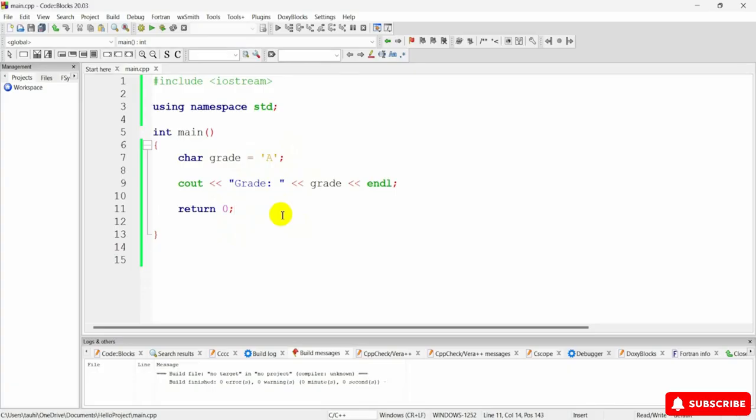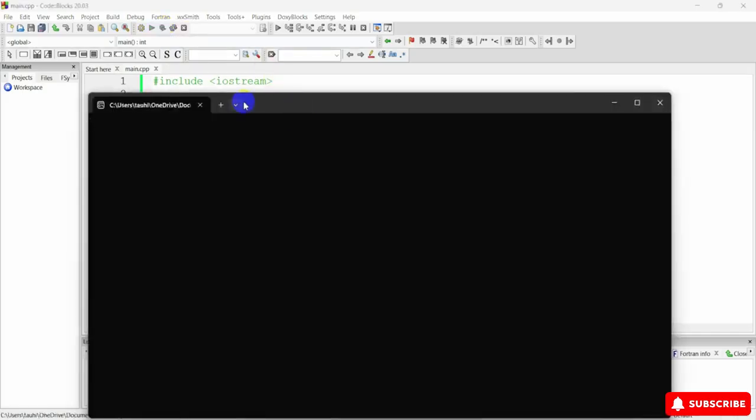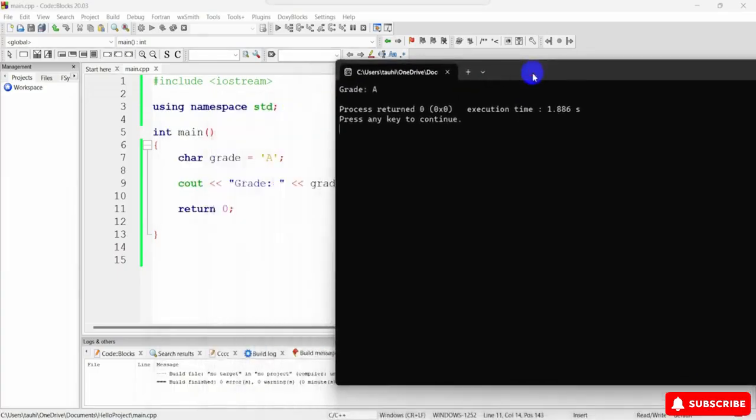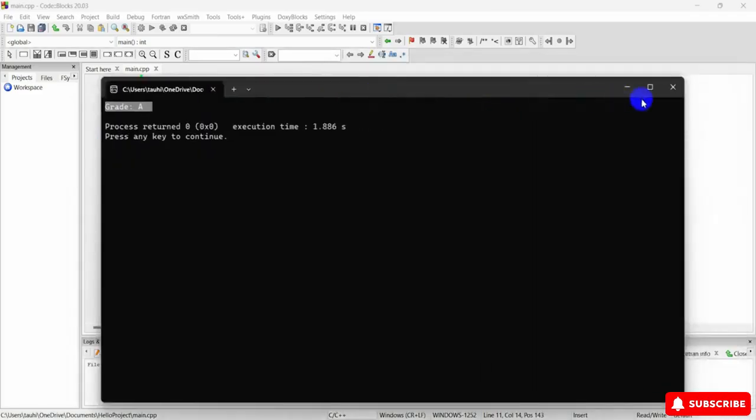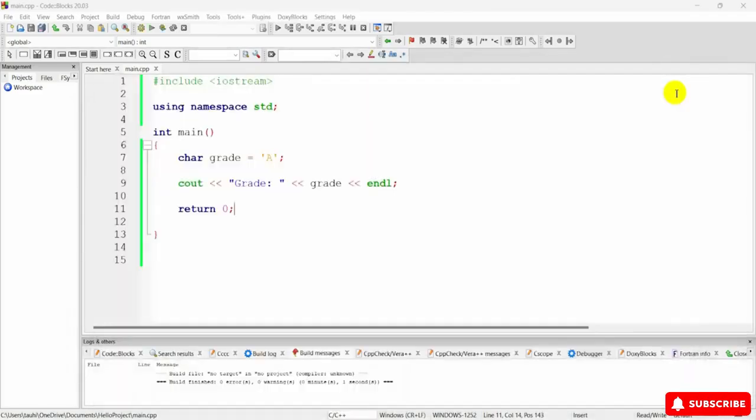So now save this code and just click the build and run button, and it compiles perfectly. Okay, so here it opens perfectly, and the output is created. Since this basic use of the character data type is created, now I'm also going to create the character arrays